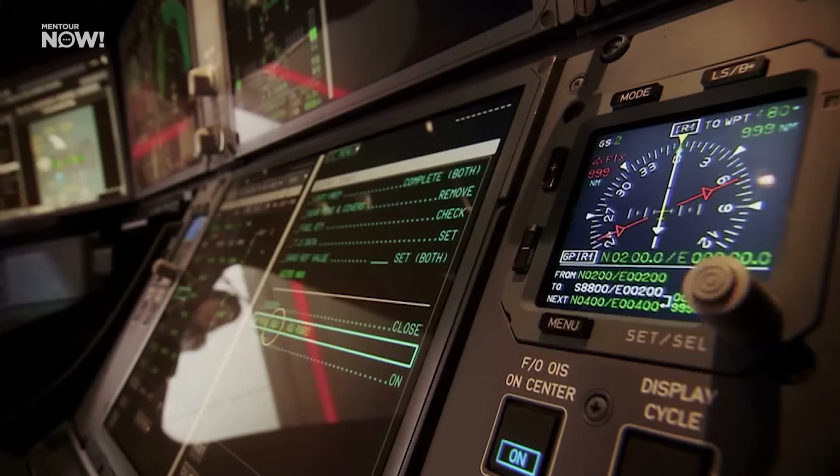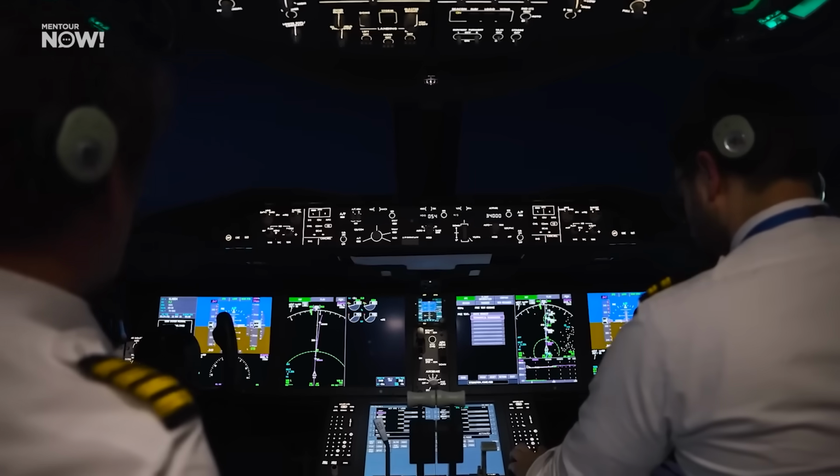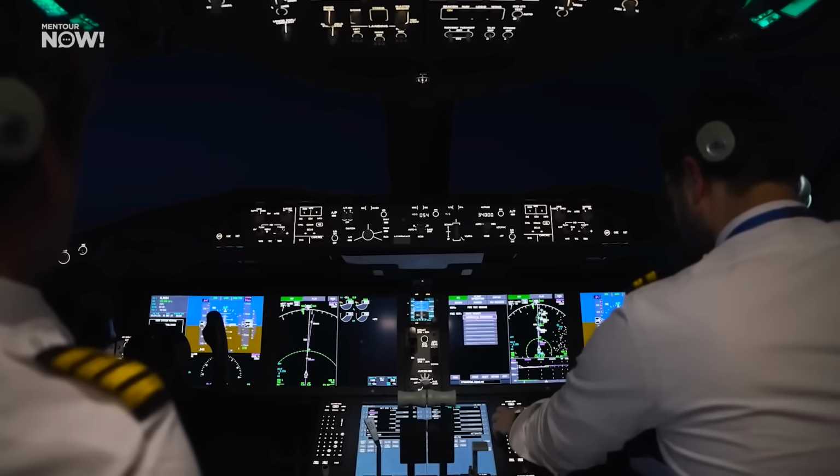So a really common complaint for Airbus pilots who then move over to Boeing is that there isn't enough information, while Boeing pilots who move over to Airbus often say that while it's intuitive and looks after you, it is often overly complicated and there's just too much information to go through. Now, I'll leave it up to you to decide what you think is better here, but these are exactly the